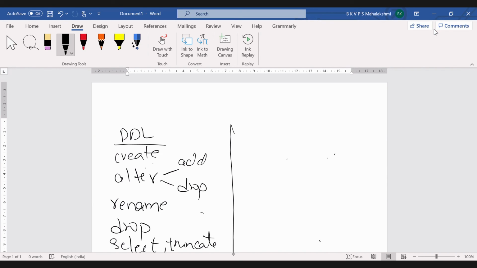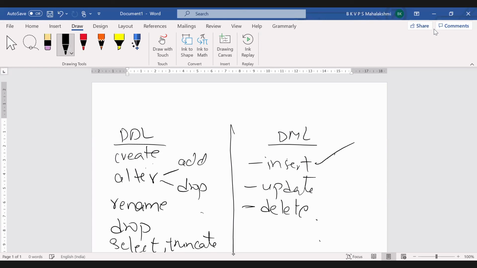Coming to the next one, DML, which we also discussed. Here we get insert, update (modify and update are the same), and delete. Insert is for inserting records into the table.